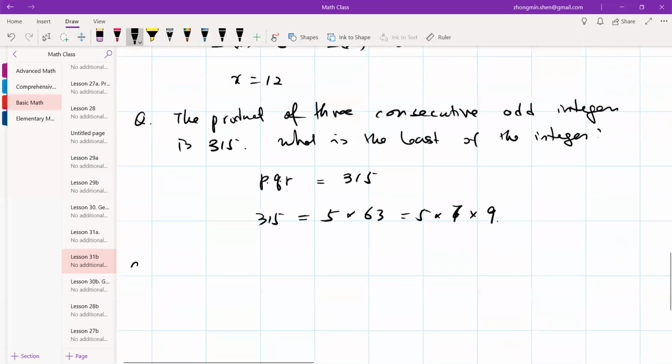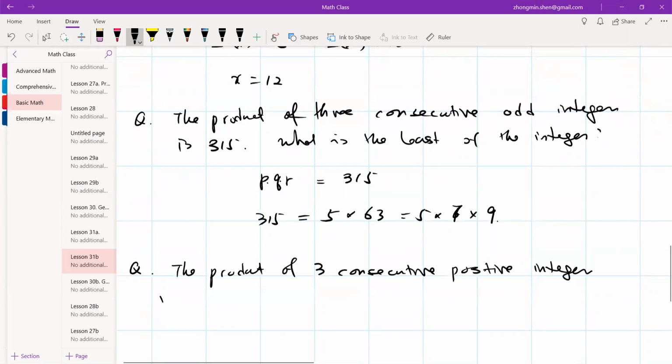The next problem in a similar situation is going to be, we know that the product of 3 consecutive positive integers is divisible by 6 factorial. What is the least possible average